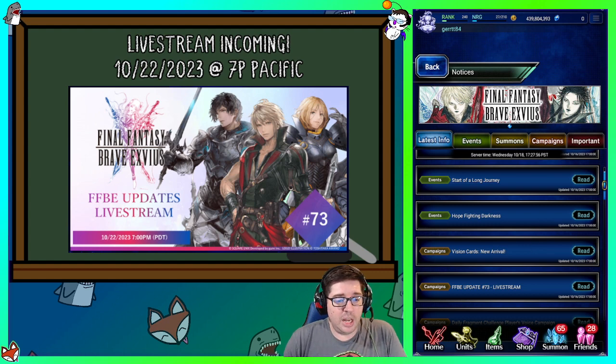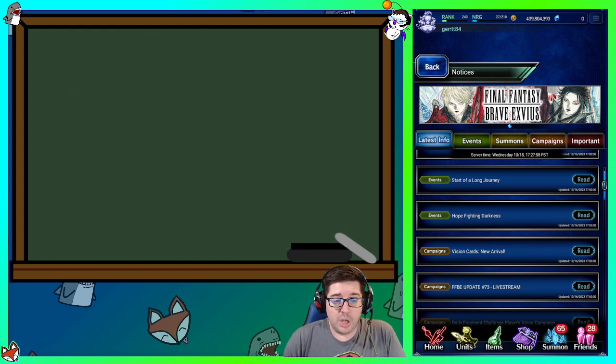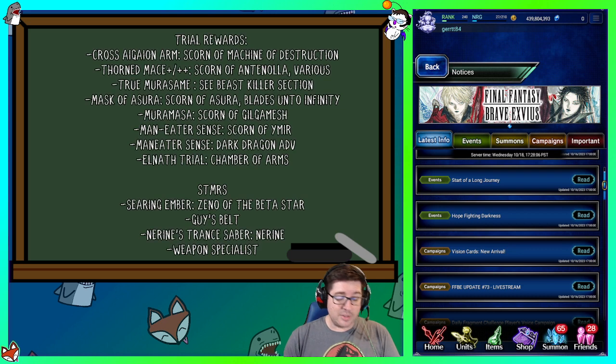So as far as getting ready for all this Human Killer content, I've joked about this before, that Human Killer is like the easiest thing in the game to gear for. This week, this is all we have that we need. So as far as Human Killer rewards go, if you really want to dig deep, you can get the Cross